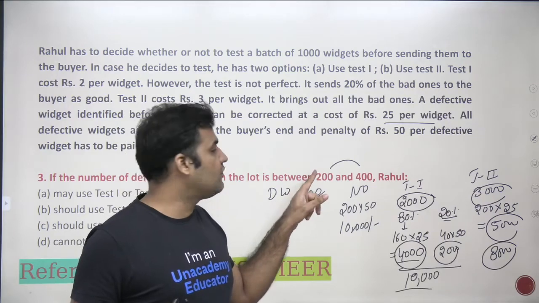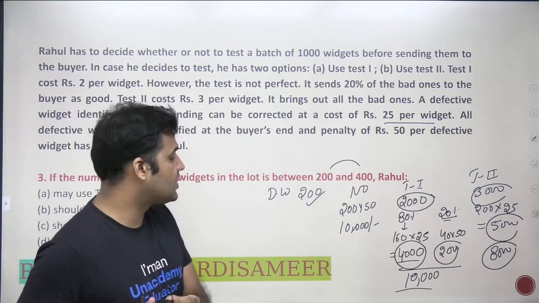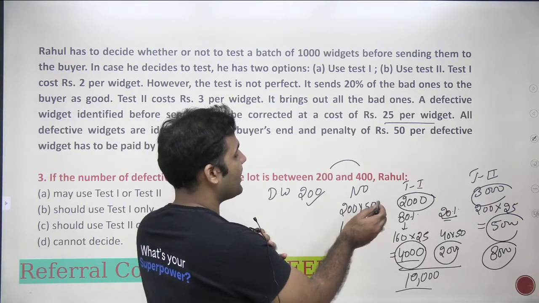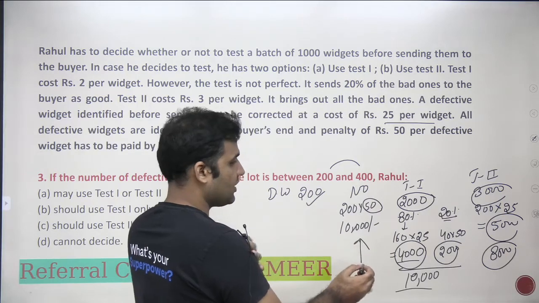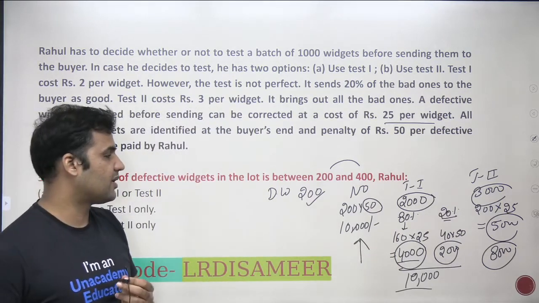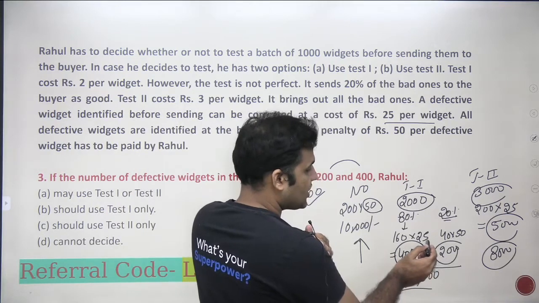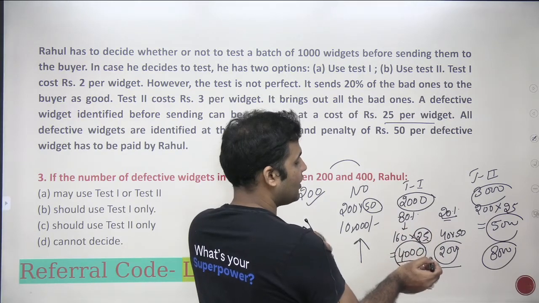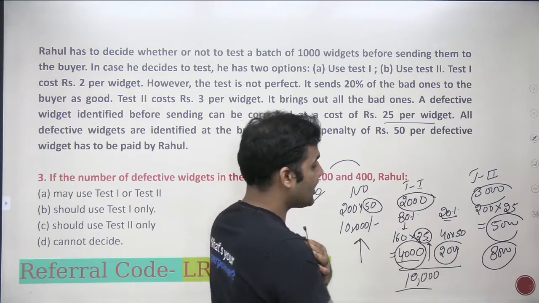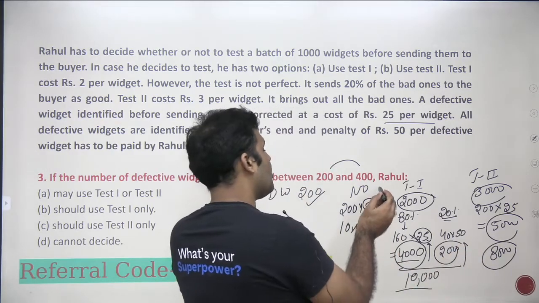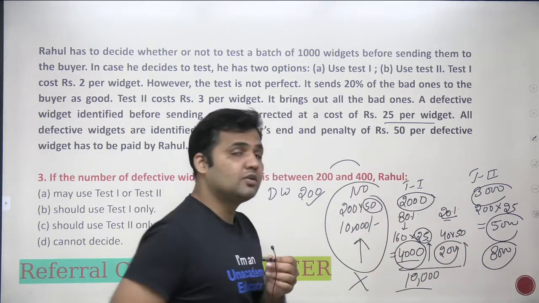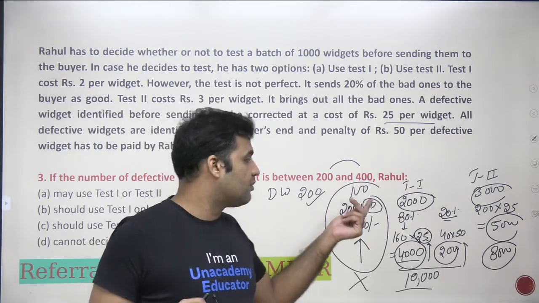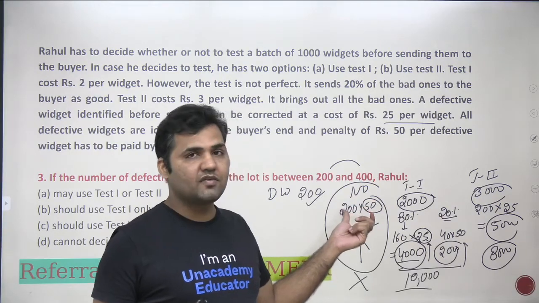When the number of defective widgets increases, the money that Rahul will be spending out of his pocket will increase by 50 per widget. हर विजिट पे 50 रुपये उसको एक्स्ट्रा पे करना पड़ेगा, बट यहाँ पे उसका कॉस्टिंग बचेगा, राइट? क्योंकि एक कॉस्ट में कुछ आपके डिफेक्टिव वाले बढ़ जाएंगे, आइडेंटिफाइड वाले बढ़ जाएंगे, तो आपको 25 रुपीज़ ही राहुल की पॉकेट से जाएगा, पेनल्टी कम आइटम्स पे लगेगी. तो नो टेस्टिंग इज डेफिनेटली नॉट एन ऑप्शन, बिकॉज 10,000 का वैल्यू 200 पे आ रहा है. 200 से ज़्यादा डिफेक्टिव मीन्स मोर पेनल्टी, and penalty charge is 50 rupees per widget.